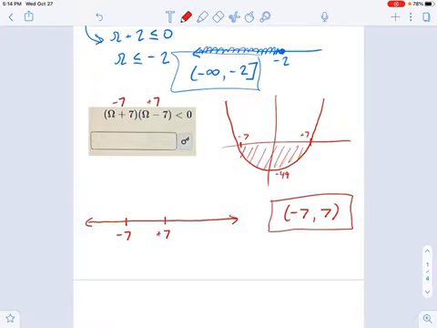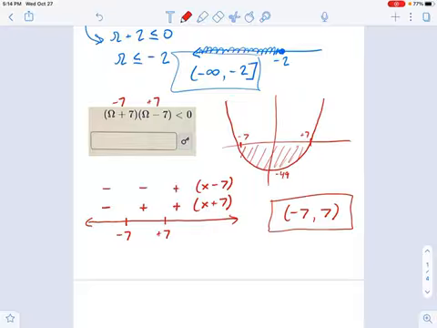Now, along the right-hand side over here, I'm going to put all my factors. Okay, I'm using x instead of omega, but it's the same thing. Now, where is x plus 7 positive on this number line? Well, any number between negative 7 and positive 7 is positive. And anything less than negative 7, like negative 8, negative 9, negative 10, those will produce negatives here. I do the same thing with the x minus 7. I'm going to get positive, negative, negative, slightly different.